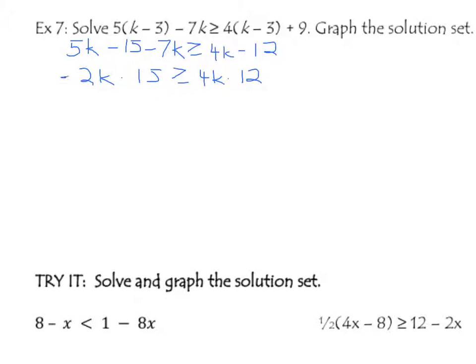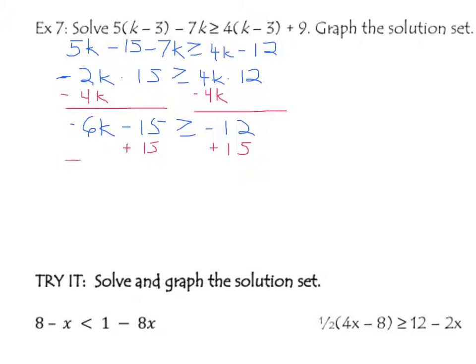Now we want to get all of our variables on the same side, and so we want our variables on the left side, so we're going to subtract 4k from both sides. And that gives us -6k minus 15 is greater than or equal to -12. Adding 15 to both sides,